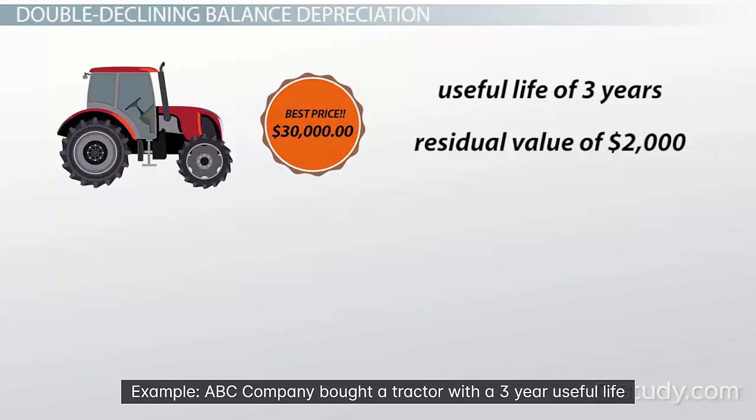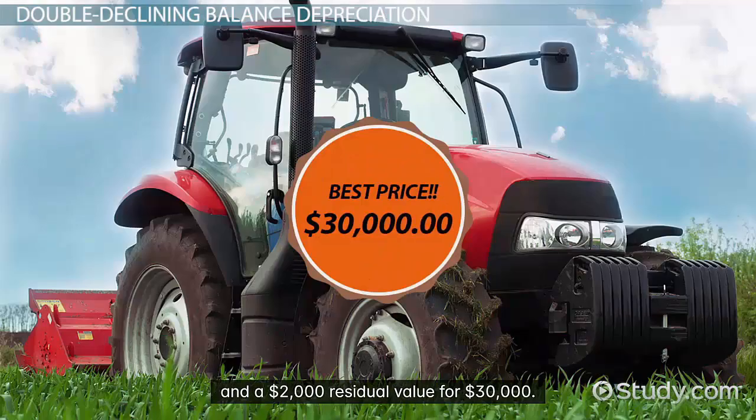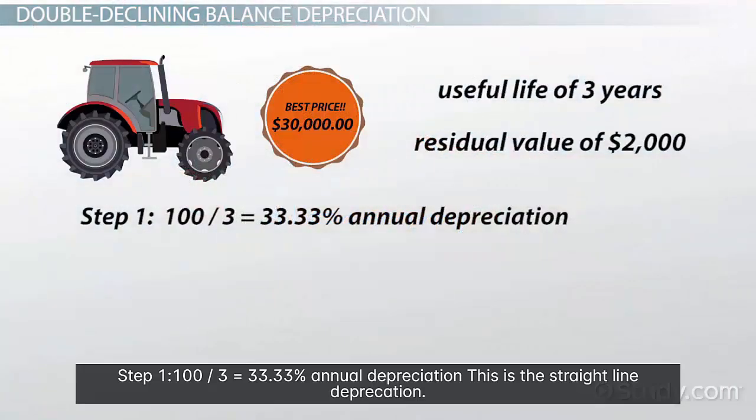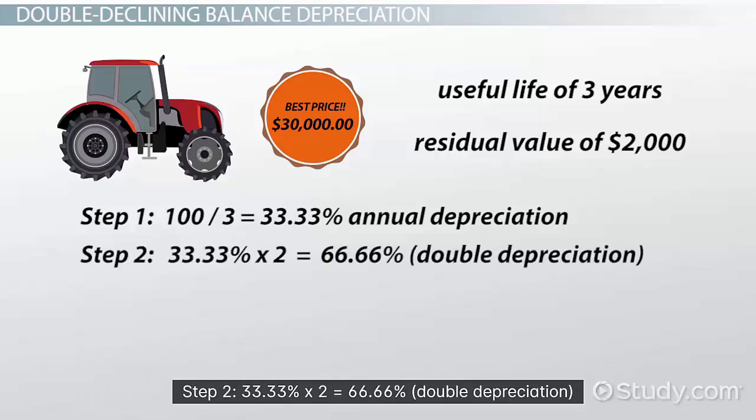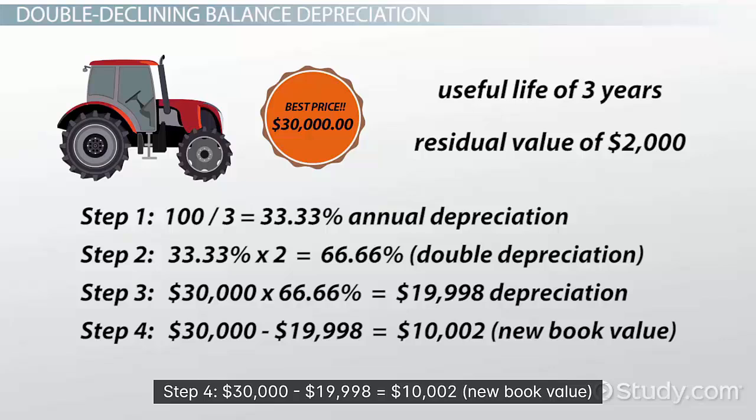Example, ABC Company bought a tractor with a 3-year useful life and a $2,000 residual value for $30,000. Step 1. 100 over 3 equals 33.33% annual depreciation. This is the straight line depreciation. Step 2. 33.33% times 2 equals 66.66%, double depreciation. Step 3. $30,000 times 66.66% equals $19,998 depreciation. Step 4. $30,000 minus $19,998 equals